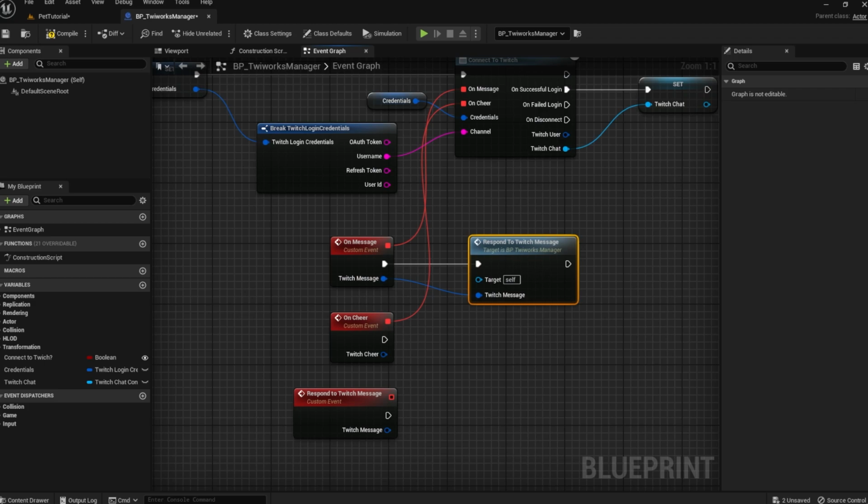So now we've got an event that'll happen anytime a message appears in chat. What we're going to do with this is have an avatar spawn into the scene for the person that sent the message. And passing along this message variable will give us information about the user that we can use to customize the avatar. Now before we can finish the rest of this function, we're going to need some more blueprint classes. But since we're still here, let's set up channel redeems first.